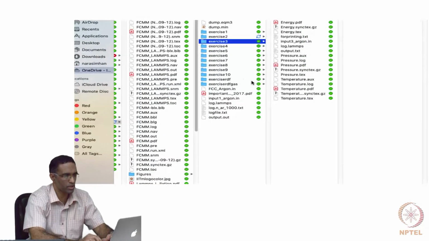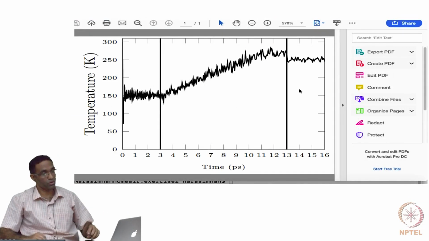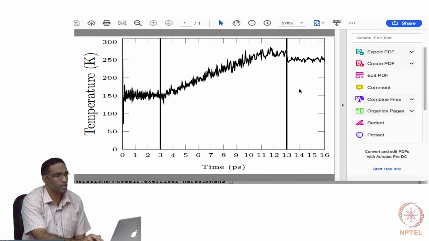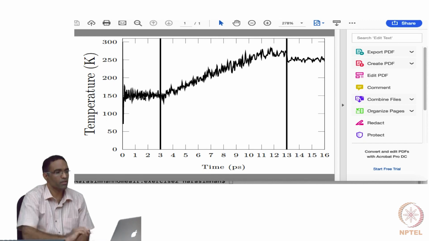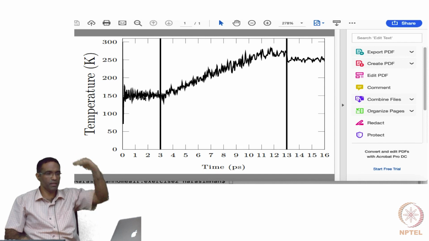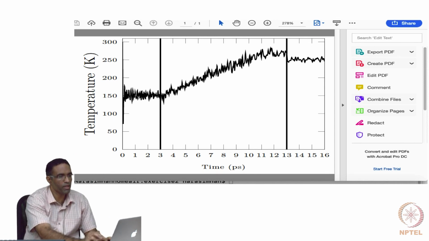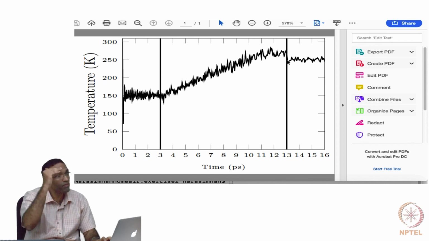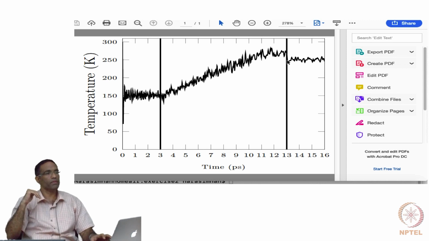So if I ran that simulation, this is what is going to happen. The first set that you are seeing here is for the NVE part, where the temperature was just set to 300 Kelvin and then it came down to 150 Kelvin. Okay, and then this is the part of the NPT where I am slowly ramping the temperature from 150 Kelvin to 300 Kelvin over 10 picoseconds. However, after that I ran an NVE. Okay, why did I run the NVE?